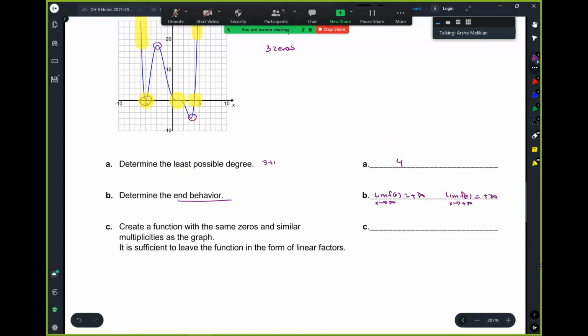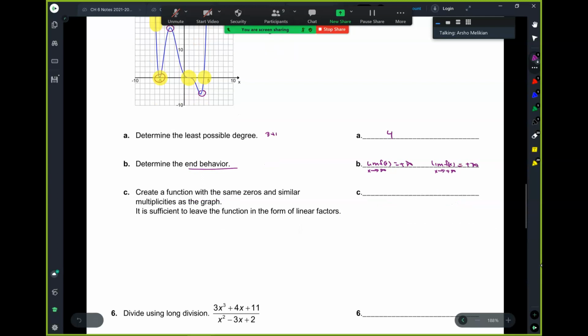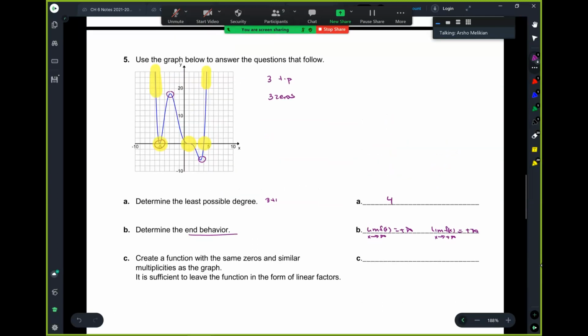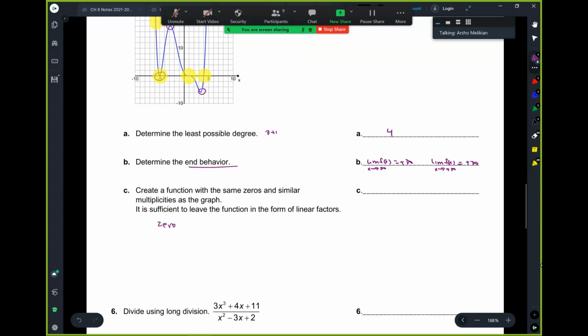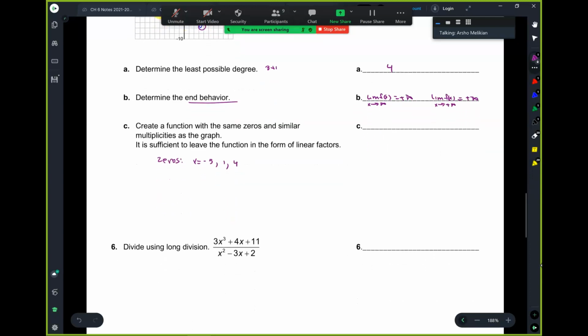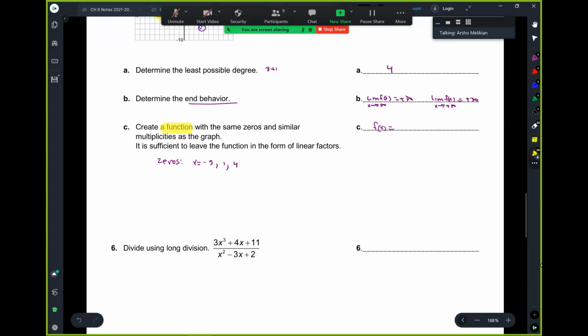Okay, create a function with the same zeros and similar multiplicities. It says it's sufficient to leave it in the form of linear factors. So the zeros here are x equals negative 5, 1, and 4. So my function, first of all, because you have to create a function, you have to write f of x equals. Then it's going to be x plus 5, x minus 1, x minus 4, and then you have to